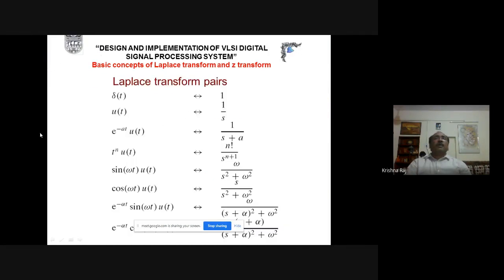Similarly, if we are interested in getting the inverse Laplace transform, then we will apply this formula here. And these are some examples when we apply the Laplace transformation as the operator. To the delta(t) impulse function, it becomes 1; u(t) becomes 1 by s; u(t) e to the power minus at becomes 1 upon s plus a, like that. Sinusoidal function, cosine function, e to the power at sine function, cosine function. These are some examples of the Laplace transformation.